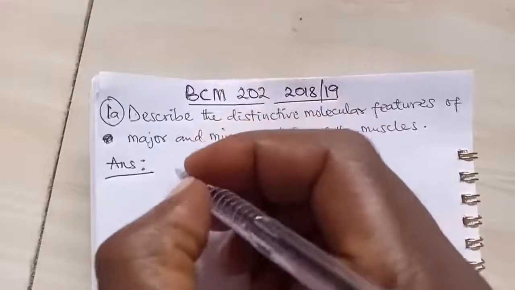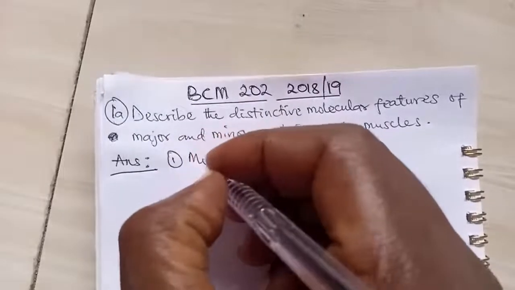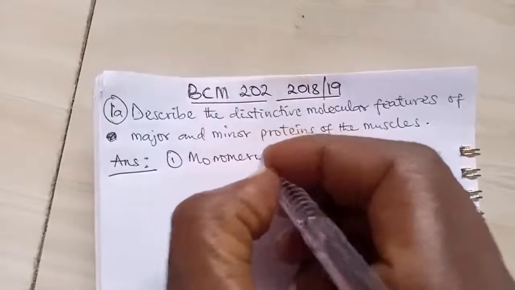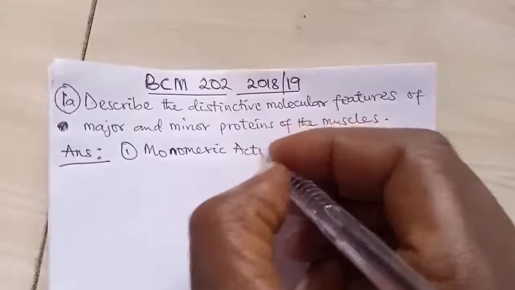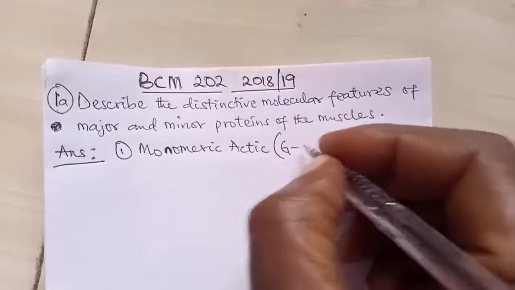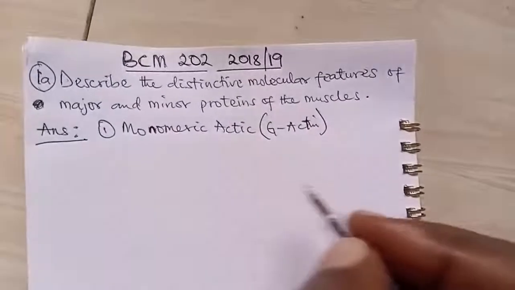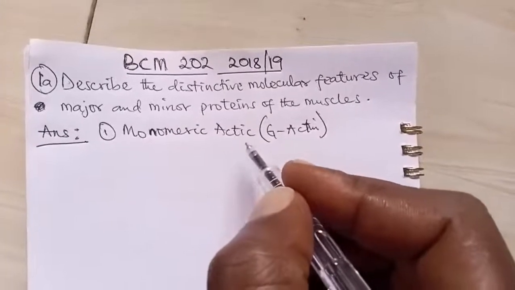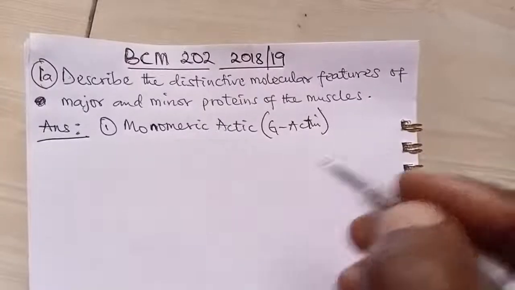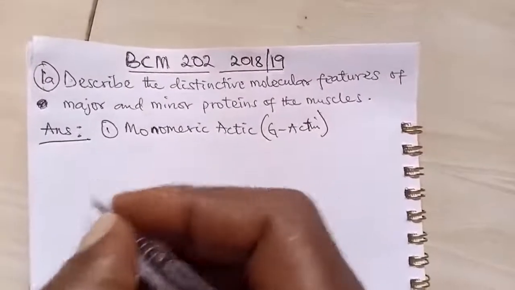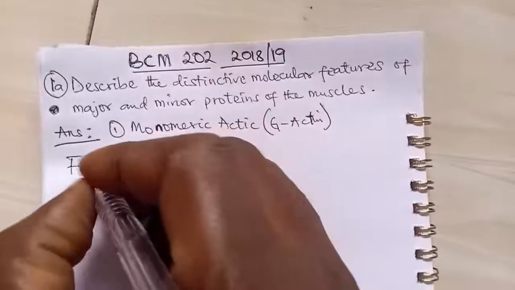For us to get that, let's look at the major proteins first. For the major proteins, the first one is the monomeric actin, what we call G-actin. It comprises 25% of the total muscle protein by weight. Under physiological conditions, it polymerizes to form a helical structure or filament, referred to as the F-actin,